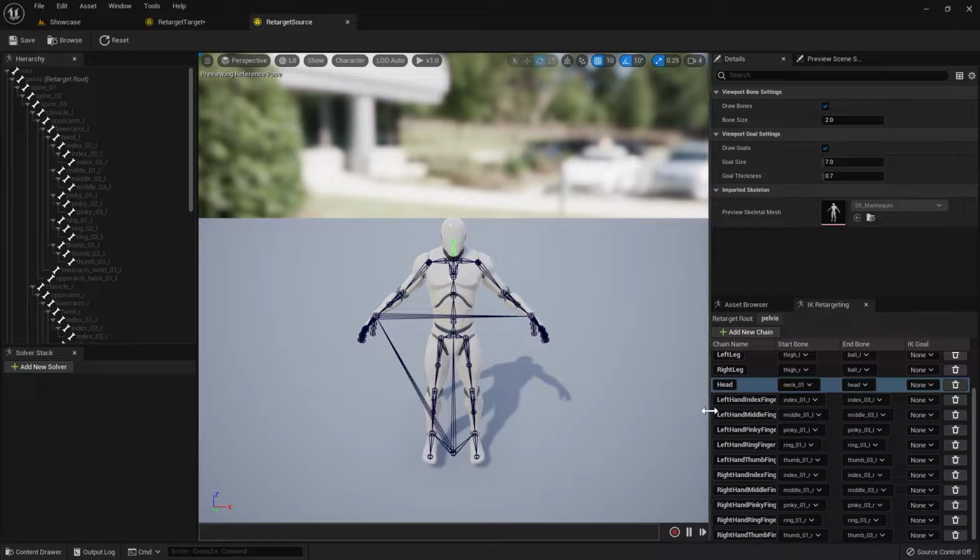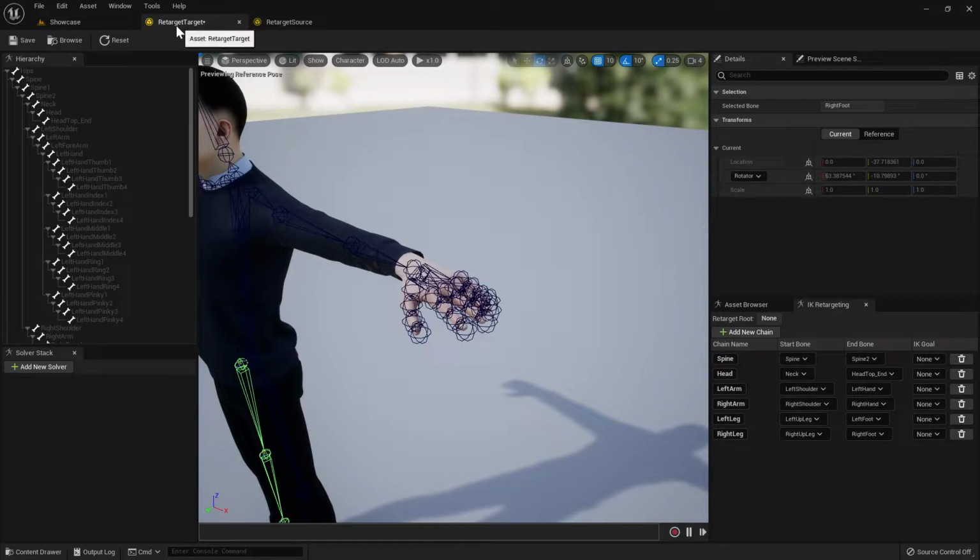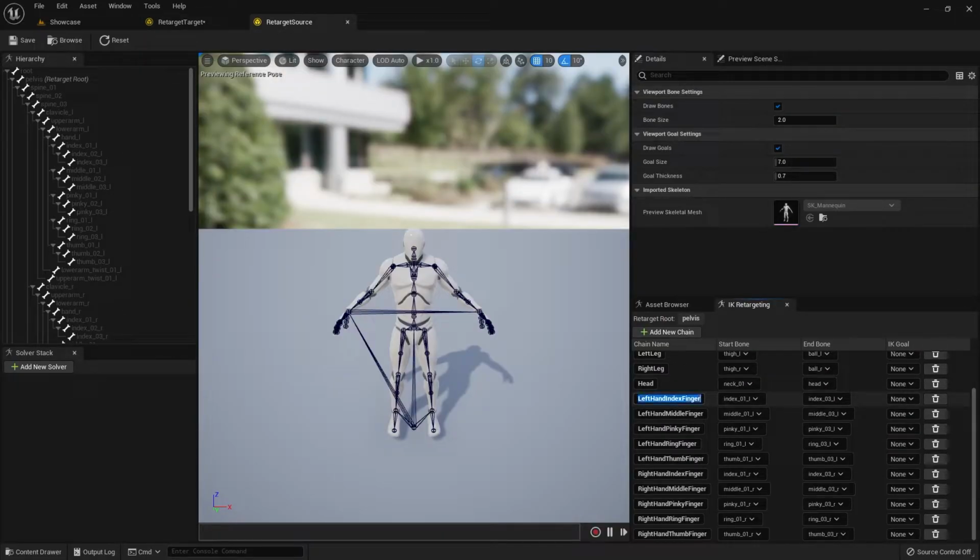Now we're going to need to rename these in a chain that's the same as our retarget source. You can see if I make this a little bit bigger, we have all of the names here. So what I'm going to do is just select the name here, do Control A, Control C to copy the name, then go back to the retarget source, the retarget target,